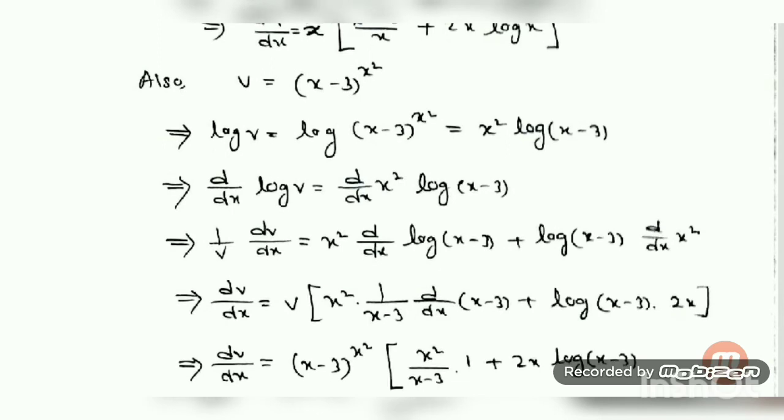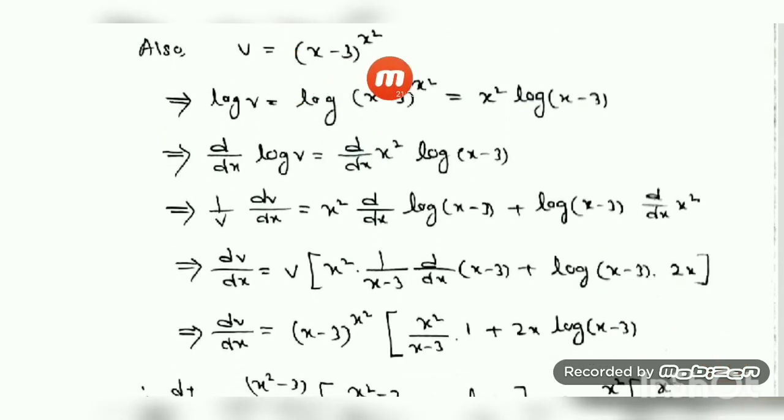Then go to v. Your v is again a power is a variable, so logarithmic differentiation you have to use. Log of v is equal to what? Log of this expression power. That's product. The power will come as a product. Take d/dx on both sides. Then 1 by v dv/dx. Here the product rule you have to apply. x square d/dx of this expression, x square log of (x minus 3), and this one. v I just bring to the right side and take differentiation of this expression.